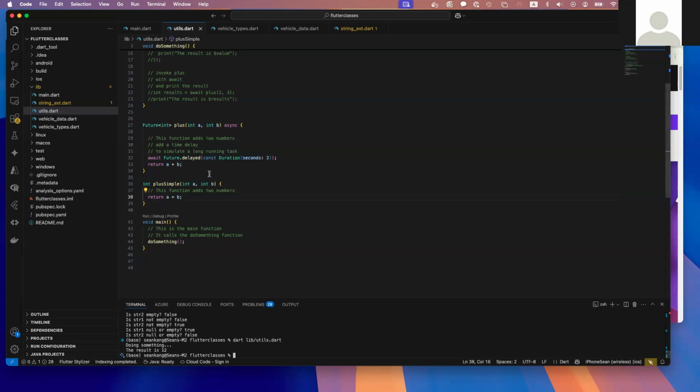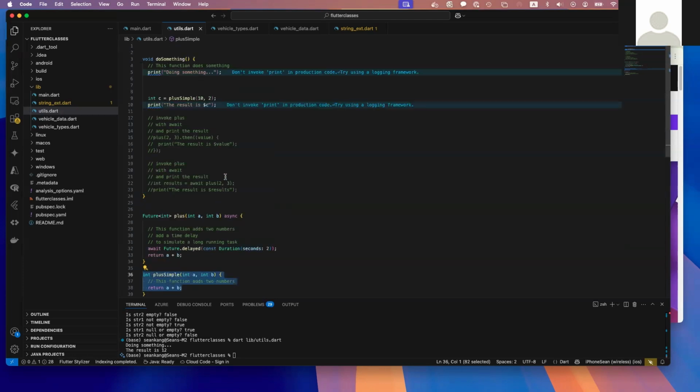It executes this very simple function, taking two numbers and adding them together,